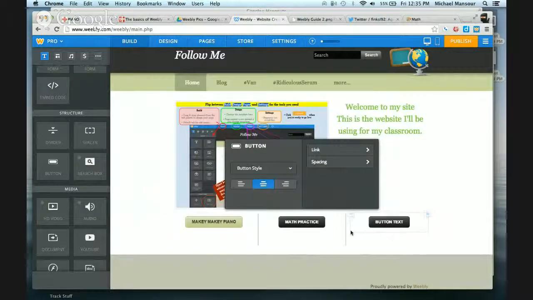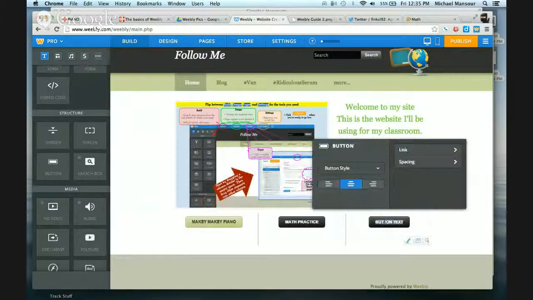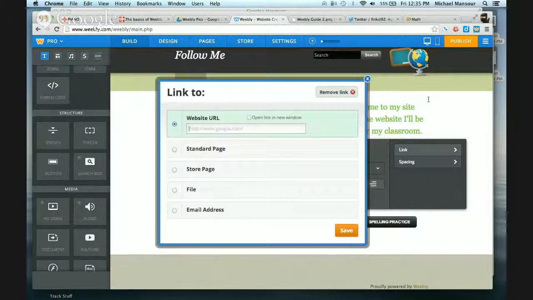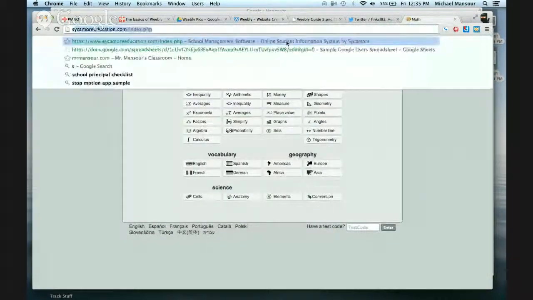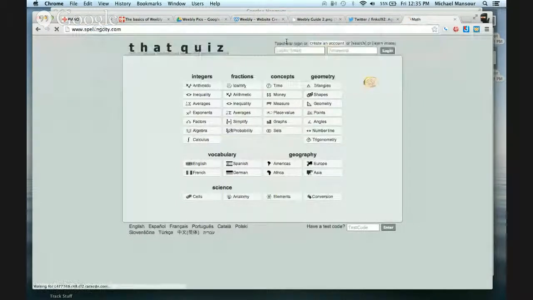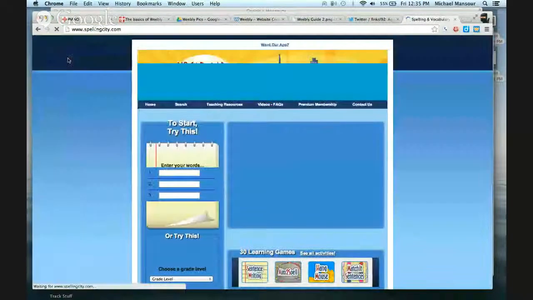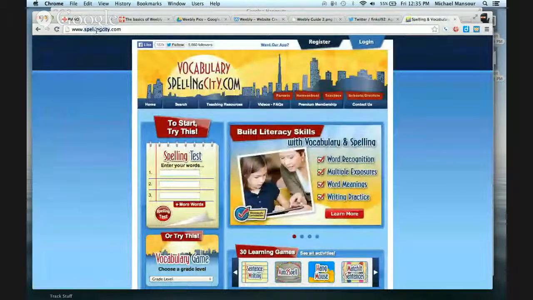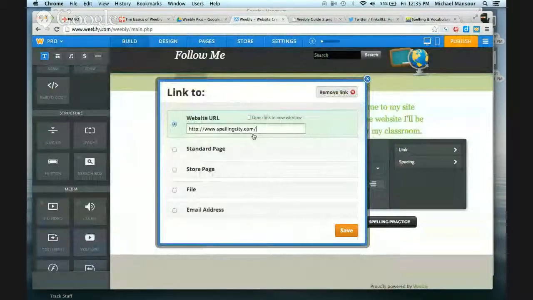I click Save. All right, now let's say that I want my students to also do some spelling practice. So I put in spelling. Again, I just click on it, I type in what I want, I click link, and this time I'm going to have them go to Spelling City. So my kids can do some spelling practice. They can enter their own words from our spelling list this week, and they can click there. So I copy that, and I paste it in here, click the link,